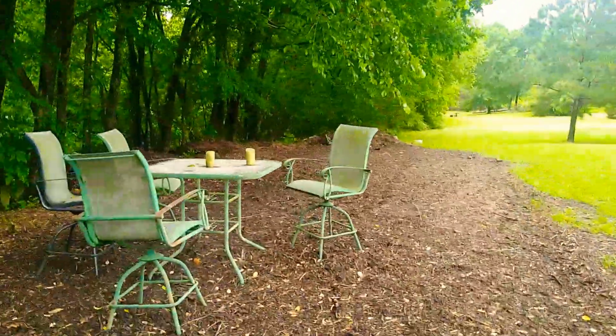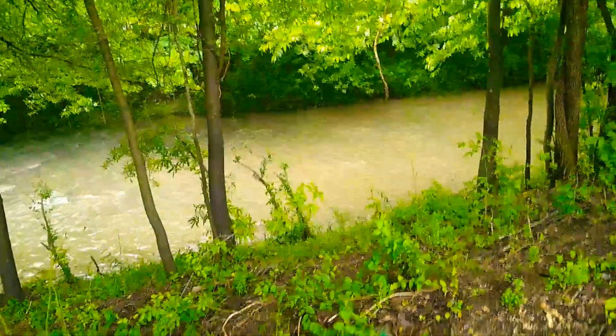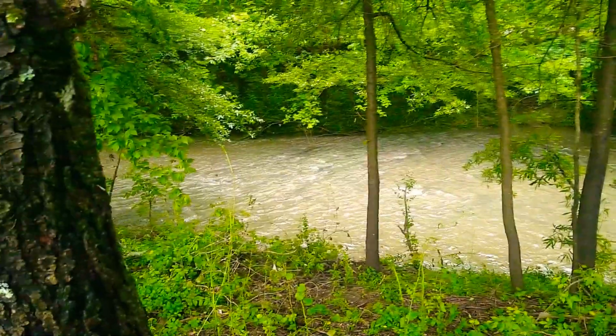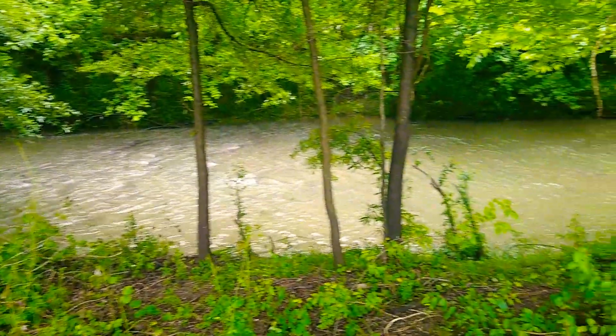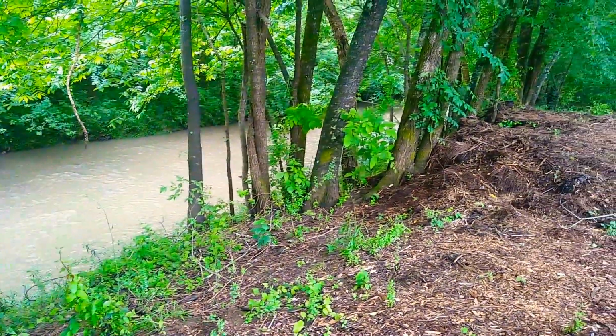We did get a rain last night, or this morning, and our creek is really rolling. I'm not going to fall in today, but I will show you. The city had cleaned out this pipe that's across the way from us and pushed a bunch of junk in. So the other day I got down there and pulled a bunch of sticks and rocks away so that it would flow better for us. This sound,